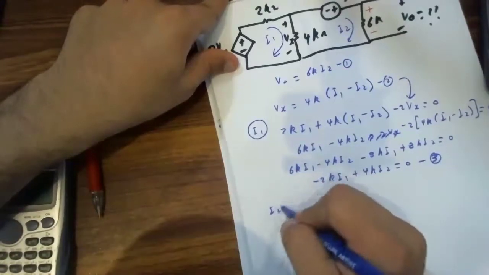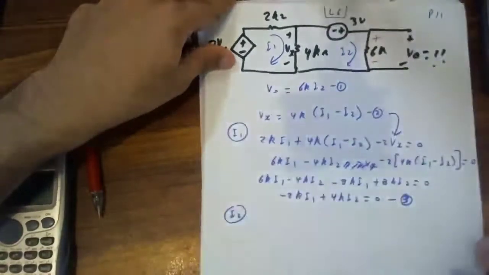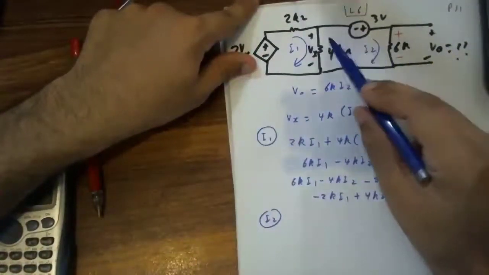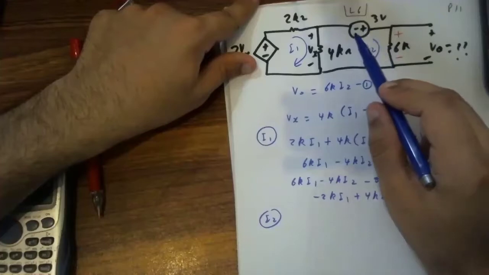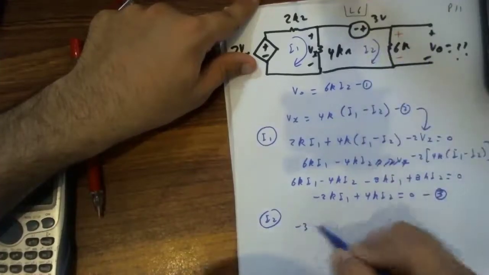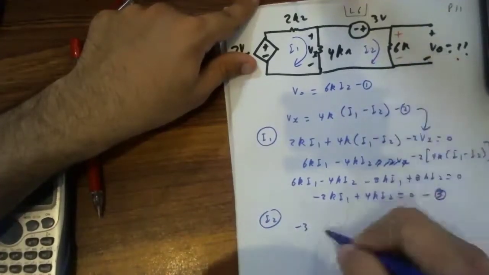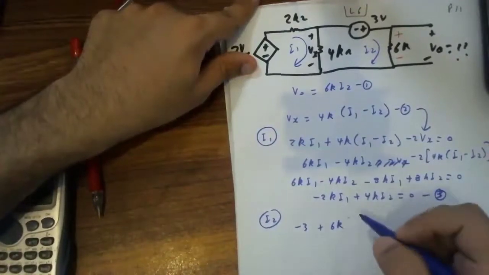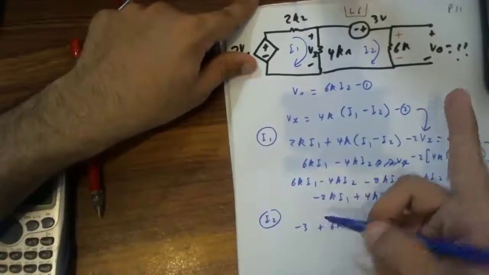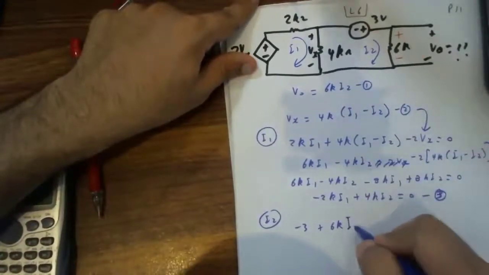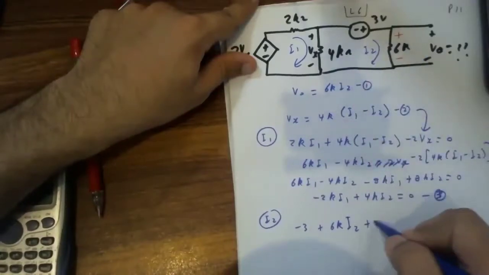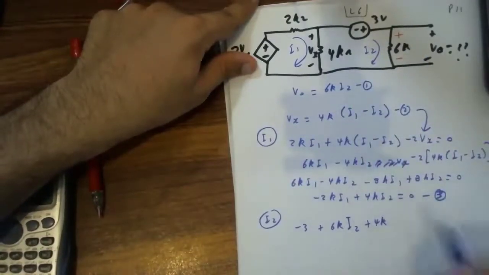Now let me apply KVL on I2. सबसे पहले क्या आया जी, मेरे पास क्लॉकवाइज डायरेक्शन मूव करते ये 3 वोल्ट आया, इसका पहले नेगेटिव टर्मिनल आ रहा है मेरे पास, सो -3, फिर आगे आ रहा है ये 6K, जो भी रेजिस्टर आएगा आपने सबसे पहले रेजिस्टर की वैल्यू लिख ली, फिर आपने देखना इसमें से करंट कौन सी फ्लो कर रही है, सिर्फ एक ही करंट फ्लो कर रहा है I2, सो यहाँ पे क्या आ गया आपके पास I2, फिर आप आगे आपके पास अगला रेजिस्टर आ गया 4K, तो आपने क्या रेजिस्टर की सबसे पहली वैल्यू लिख ली प्लस 4K करके।